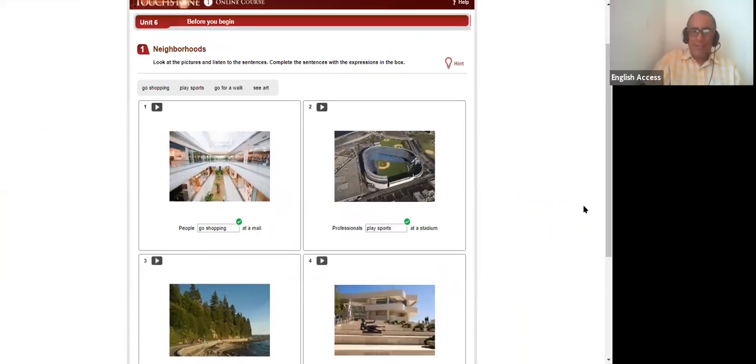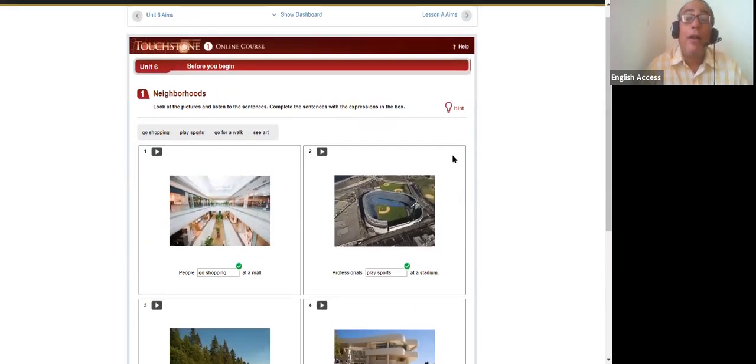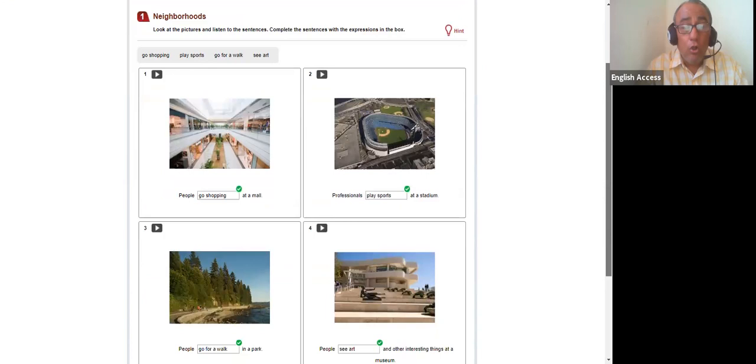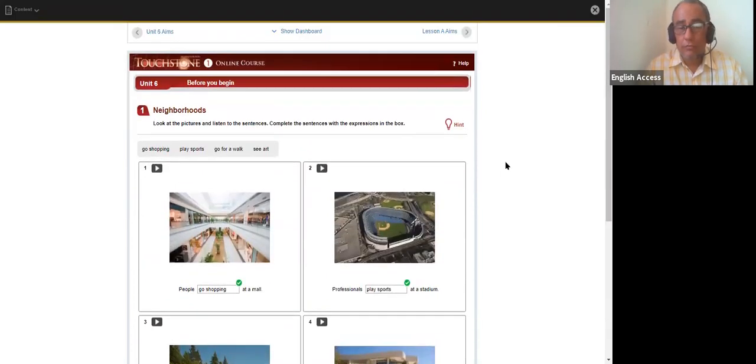So these are different places and things you can do. Maybe you have these four buildings around your neighborhood or not, depending on the city, depending where you live. I don't know if there is a park near your house. Maybe a mall near your house, or if there is a museum near your house. Well, we are going to be able to talk about things around our